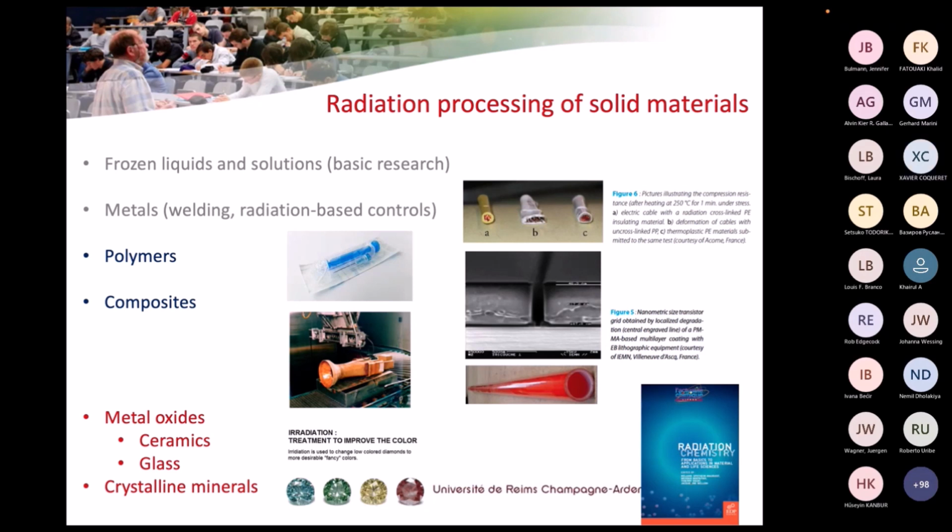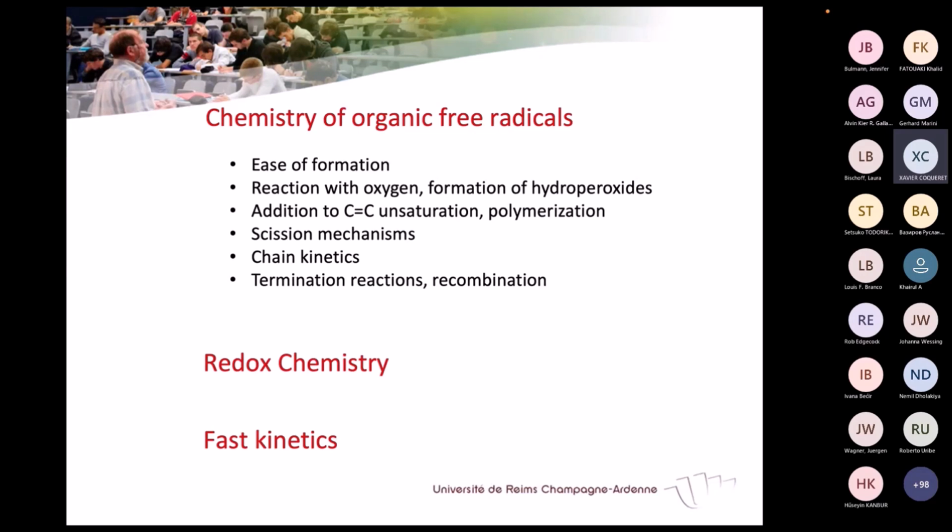So yes, as we have seen, most of the chemistry which will be developed in further lectures will be based on the organic free radicals, which are easily formed. We know that we have reactions with oxygen, formation of hydroperoxide. This can induce polymerization reaction, but also scission and cross-linking. And it's important to consider the chain kinetics and all the different stages of the process. Besides, we have also very important redox chemistry, which takes place essentially in aqueous systems or in living systems, and also the existence of fast kinetics, which need precise investigation and